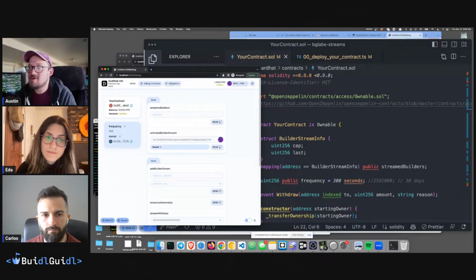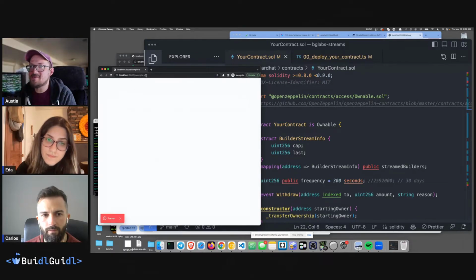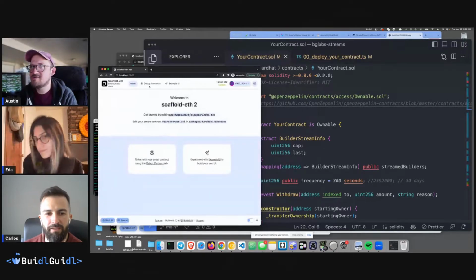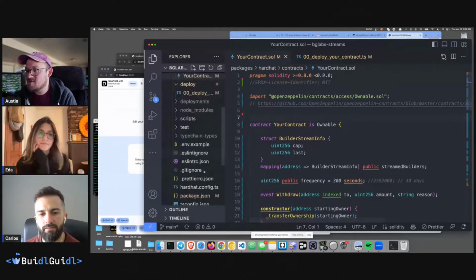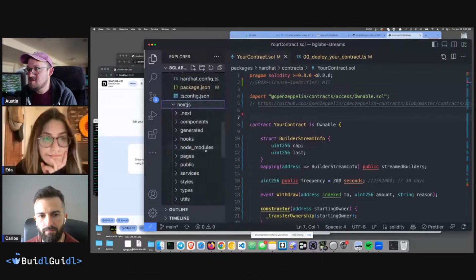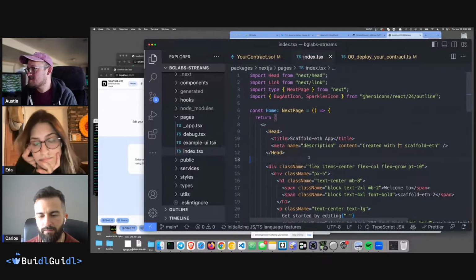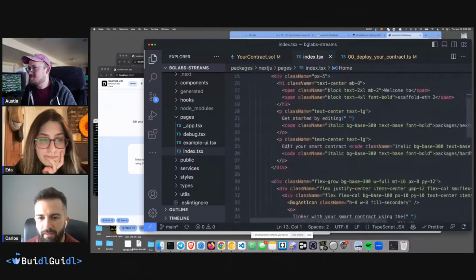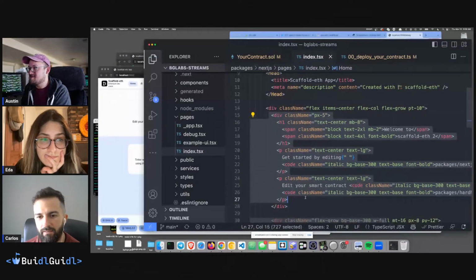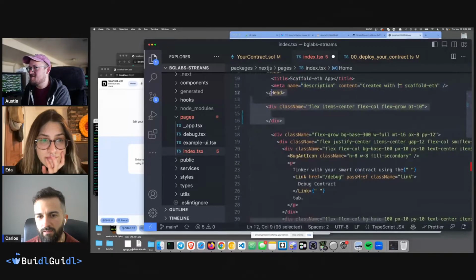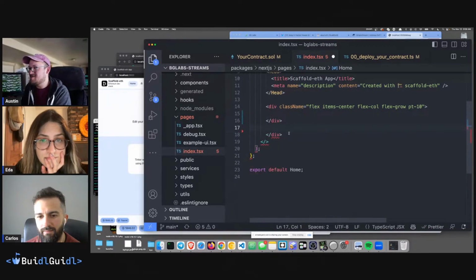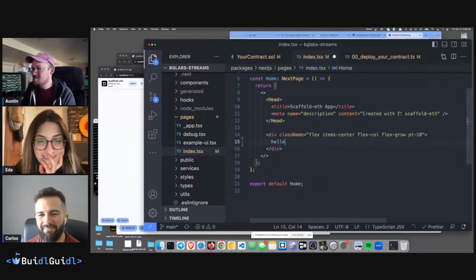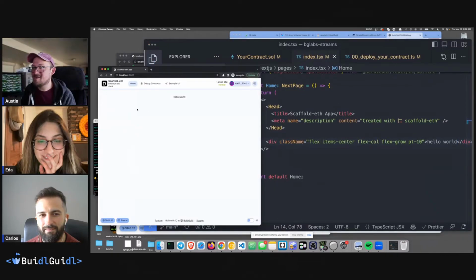Okay, so let's jump over then. You can see the example UI. It's not going to be happy though, is it? Because we've got a new contract and some new stuff. So maybe on the homepage, this page, right? Okay, so if we go to the Next.js folder and we go to pages and index, I think this is the homepage, right? Let's maybe clear some stuff out of here. Maybe everything except the first div. Yeah, exactly. Let's keep that. Hey, does it save? And auto formats, fantastic. Hello world. Let's start right there, right? What do we get? Oh yeah, that's nice.